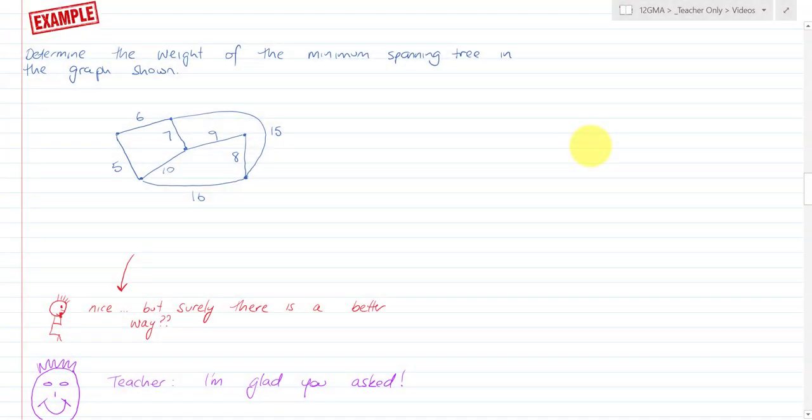Hi and welcome to video 2 of topic 3 unit 4, networks and graphs. We've been talking about minimum spanning trees in the previous video. Now we're going to put a little bit more of it into practice. So let's do that activity we did last video again and see if we can determine the minimum spanning tree